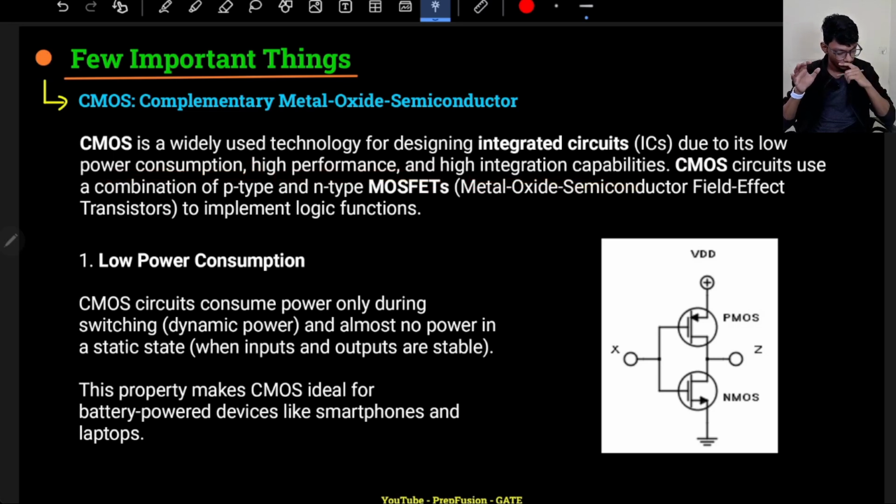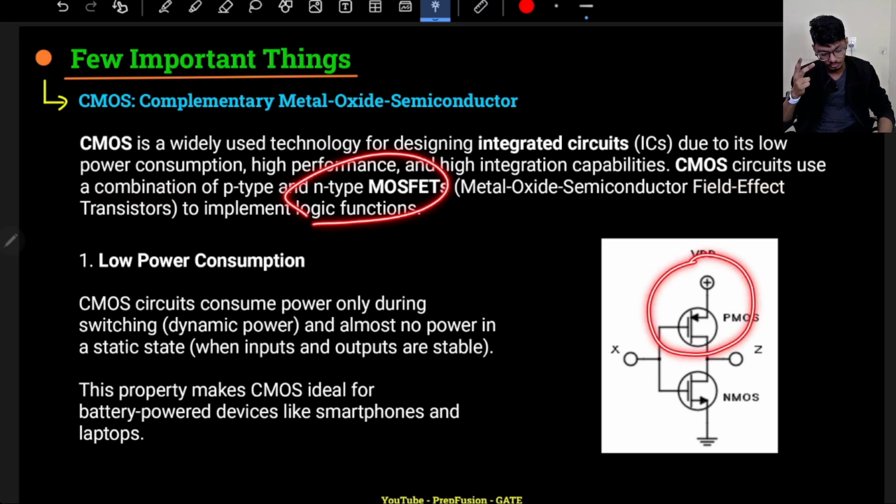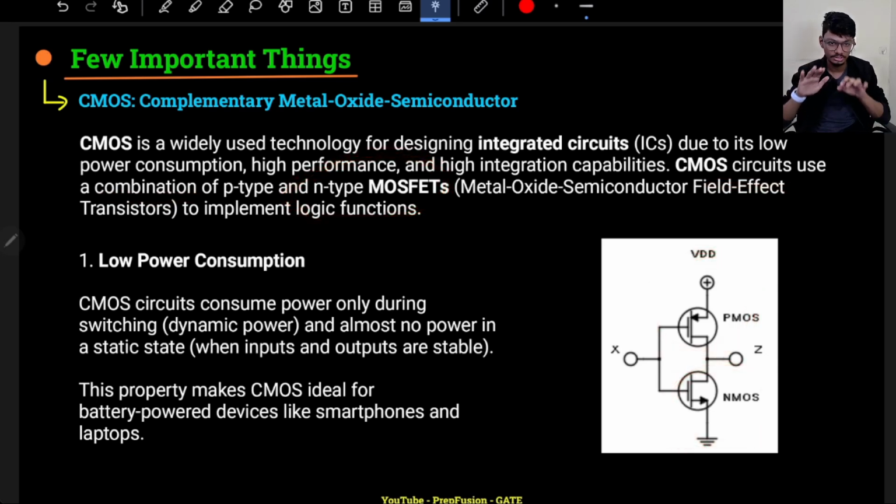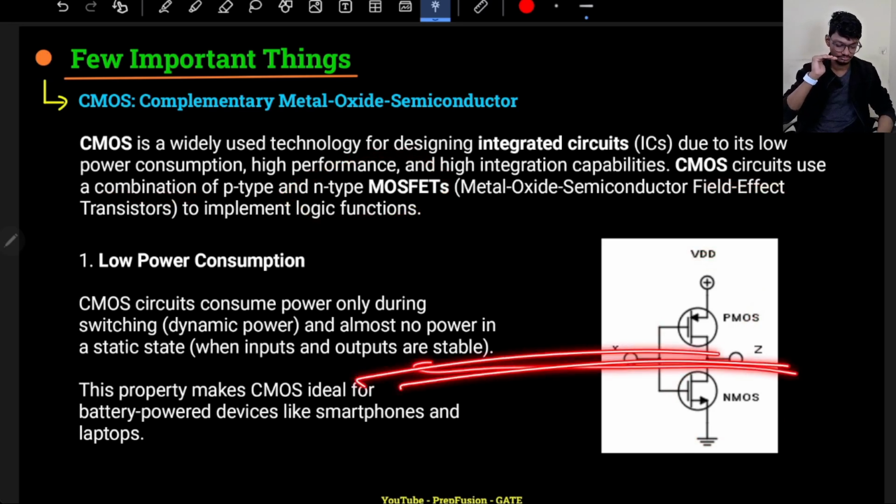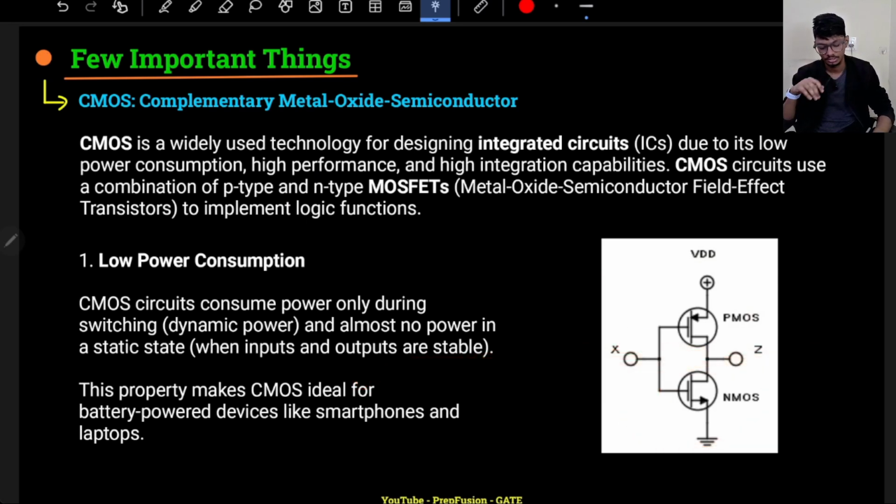That's why we use CMOS. CMOS circuits are a combination of p-type and n-type MOSFETs. P-type is at the top, PMOS, and NMOS is at the bottom. Generally it is symmetrical, right? A CMOS circuit is symmetrical about the middle, basically. At the bottom we'll have all NMOS, and at the top I'll have all PMOS,